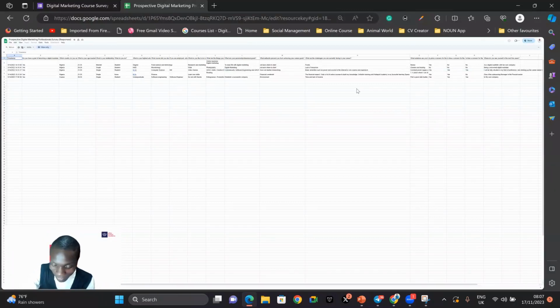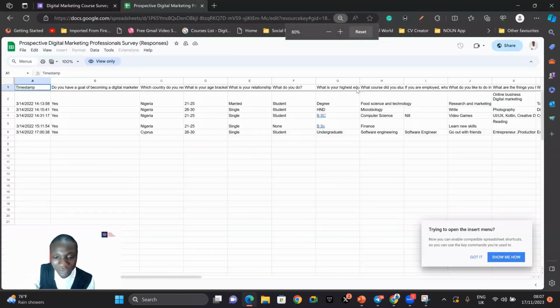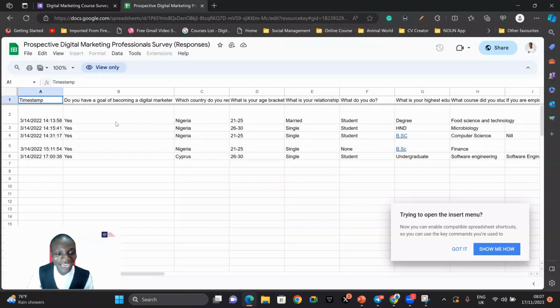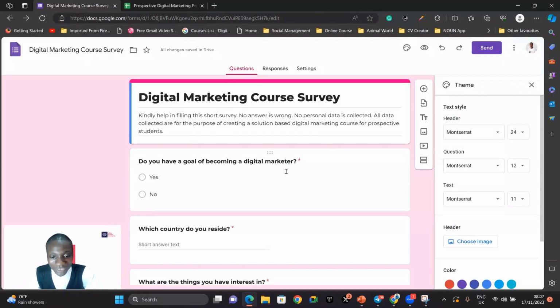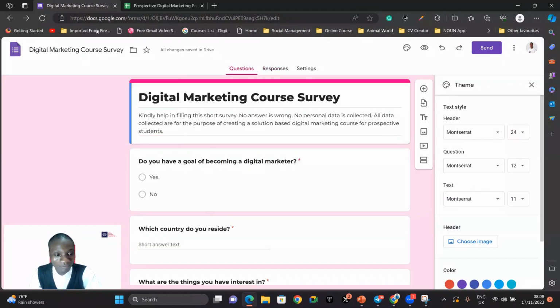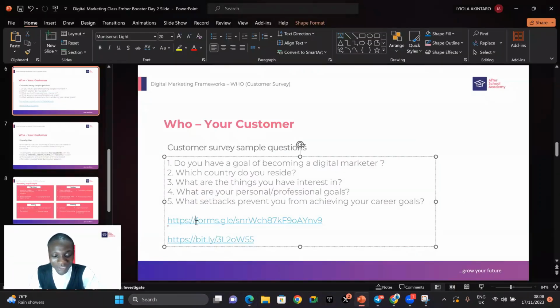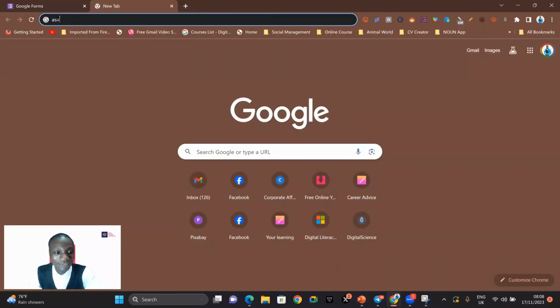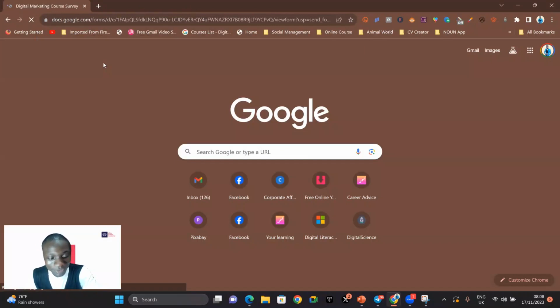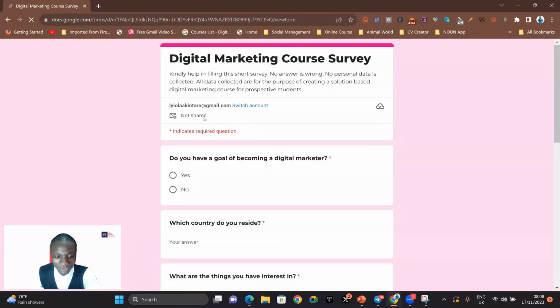So let me increase this back, Control plus, so 100%. All right, so you will submit a link to the form responses also. So how do you have this link? How do you generate it? Let me show us that. So let's say, for instance, I have not collected any response. So let me do something like this. Go back to my slide, copy this link, then open another browser to fill the form, so that I can have at least one response, and I will use that to show to us.